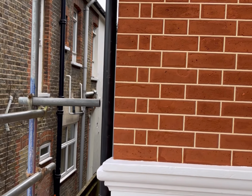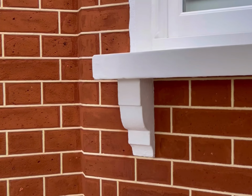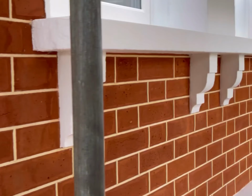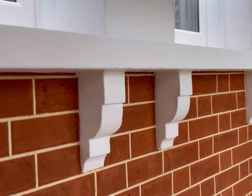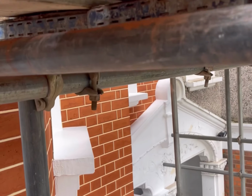Complements the brickwork really well. So as you can see, once again, another perfect finish to the brickwork. Decorated all of the masonry, all of the window sills, all of the corbels, decorated all nice and squared up, painted all of the woodwork as well. Just show you upstairs,